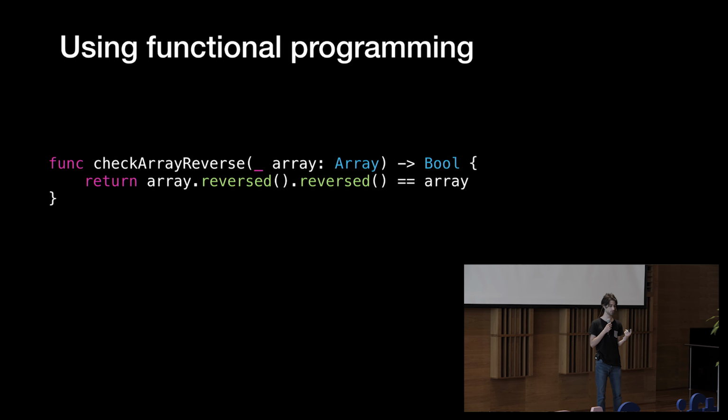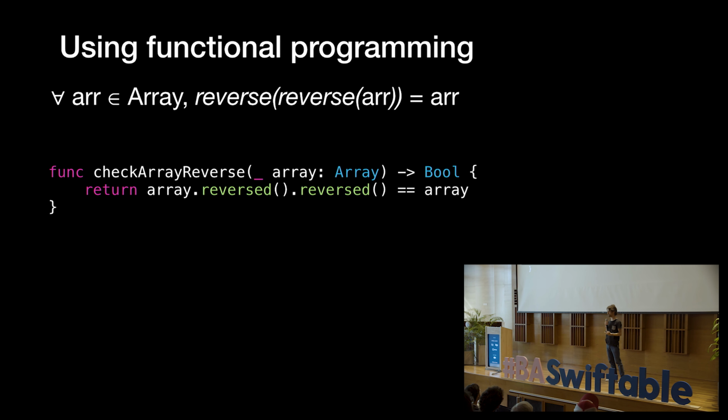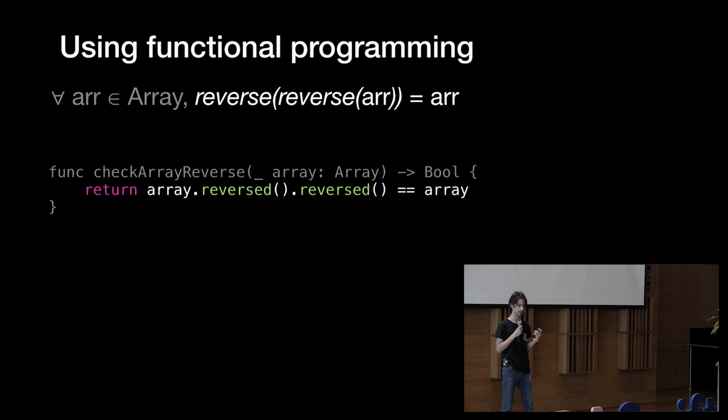We can do it with functional programming. We can write a function like this. And what's really cool about this function is that it matches our property really well, because the variables in the property are the arguments of the function, and the property itself is a Boolean expression that's being evaluated by the function. So this function implements the property that if I reverse an array twice, I must get the same result